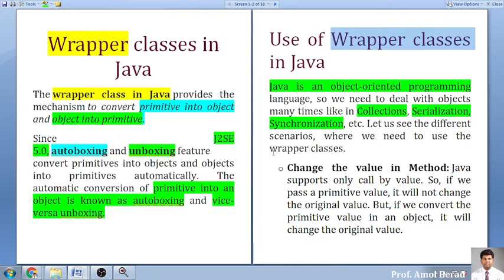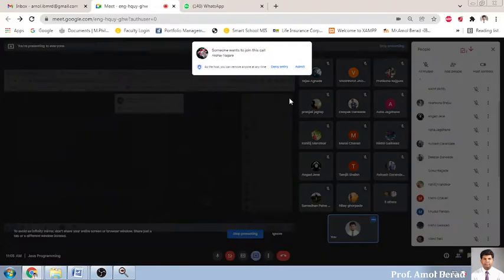The first important need to use wrapper classes is to change the value in a method. Java supports only call by value. That we'll be learning after wrapper classes, that Java only supports